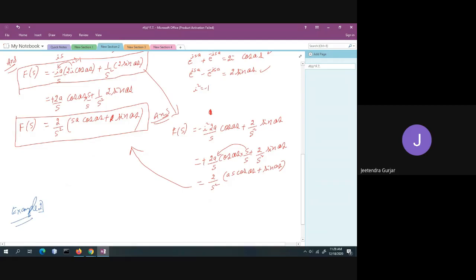Example 2, right? So you can write down again f of x. Find the complex Fourier transform of e raised to minus a square x square, a is greater than 0, hence